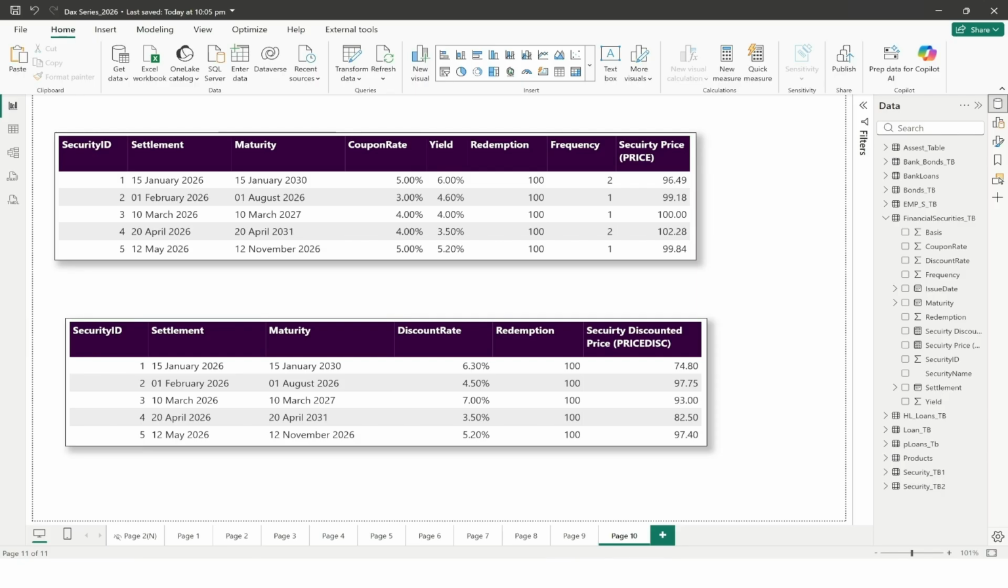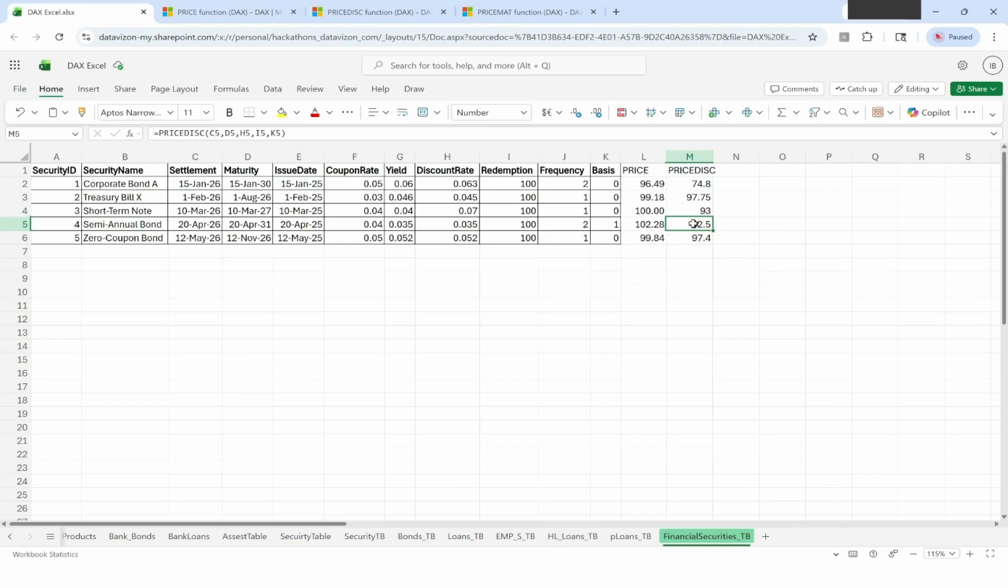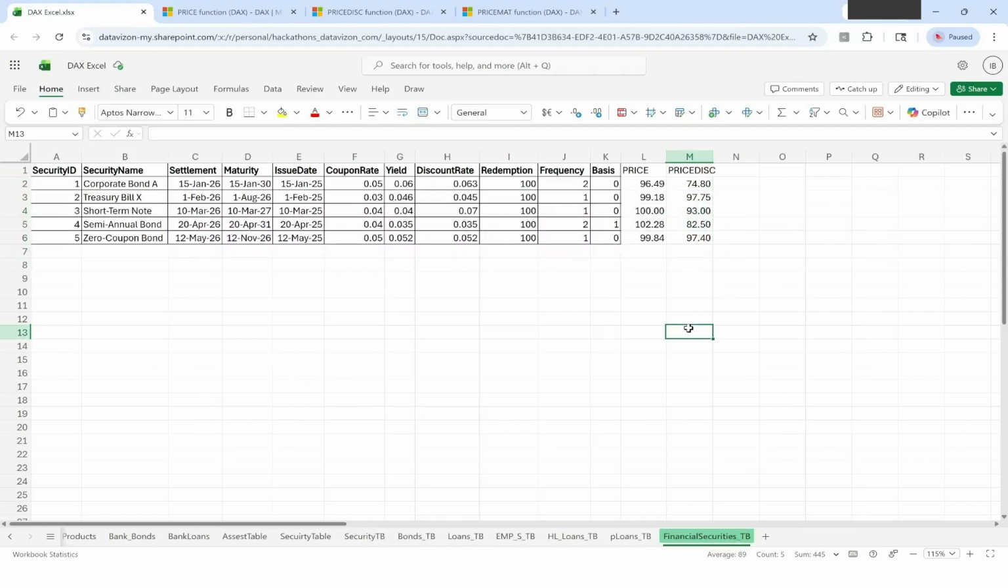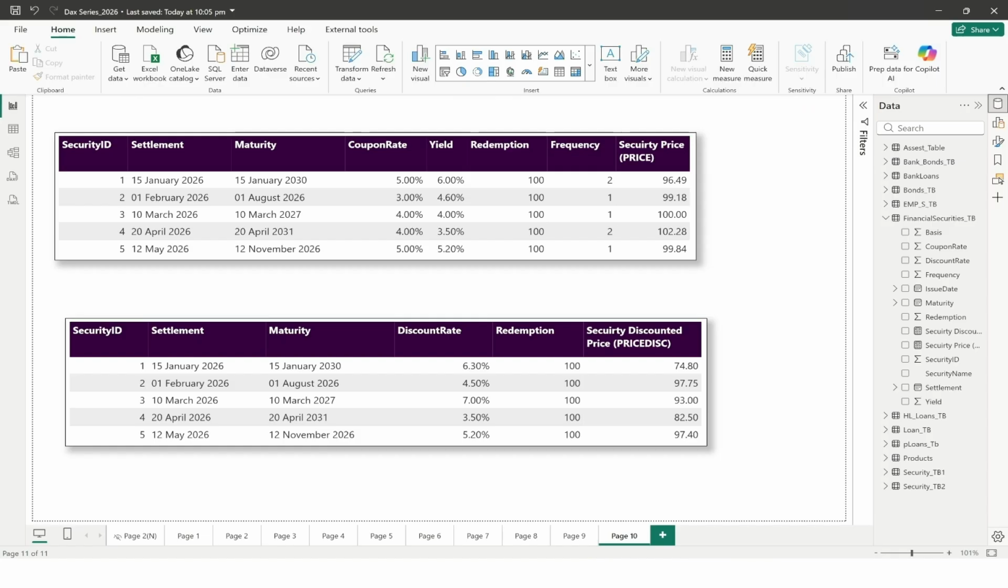Now let's go and cross verify 74.8. Okay, let me make this to 74.8, 97.75, 93, 82.5, 97. So now the values are exactly matching. Okay, fine. This is all about price discount. Now let's go and write our next DAX function,